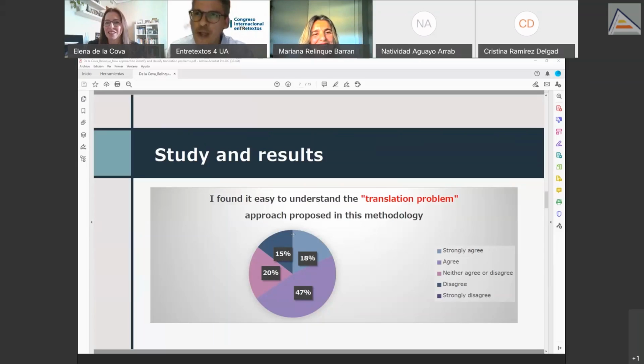My question was, how did you check their understanding of the translation problem? Yes, we corrected all their translations, and we corrected these cards. So we saw if they truly found the problems and how they solved them. It's true that they have more trouble classifying the problems. They agreed they have more doubt with the classification of problems, but with the detection of problems, they were quite good. So it was more practical than theoretical.